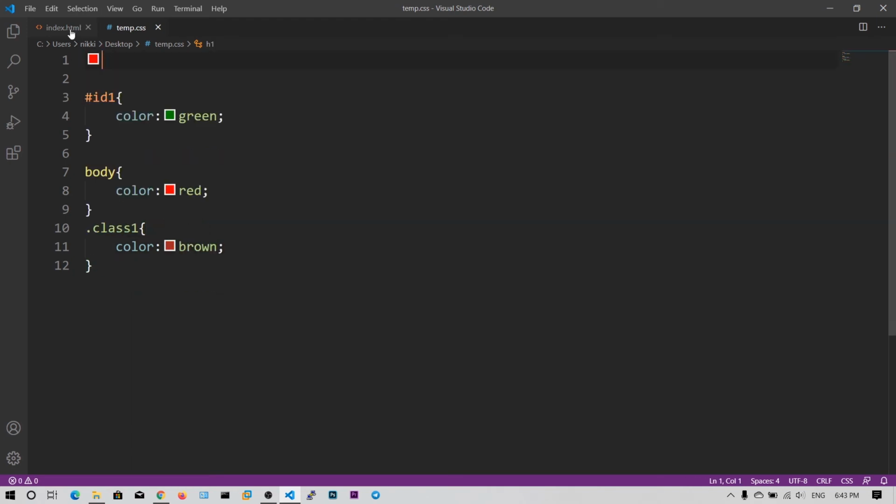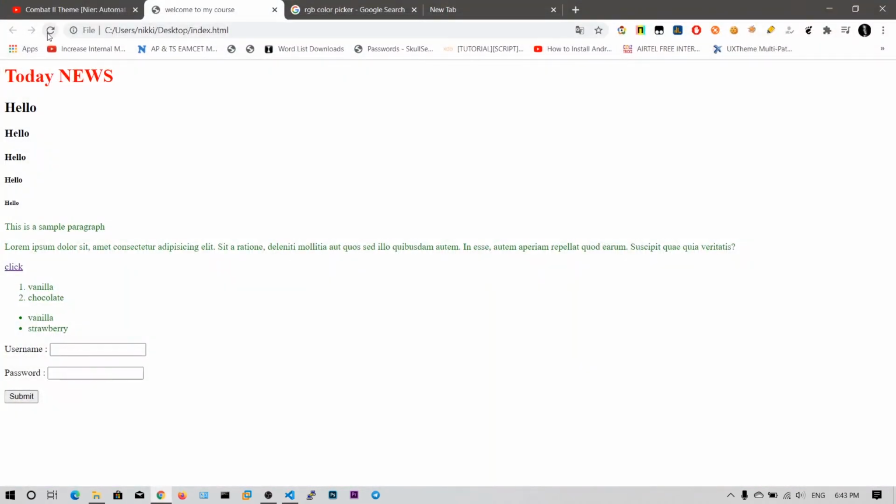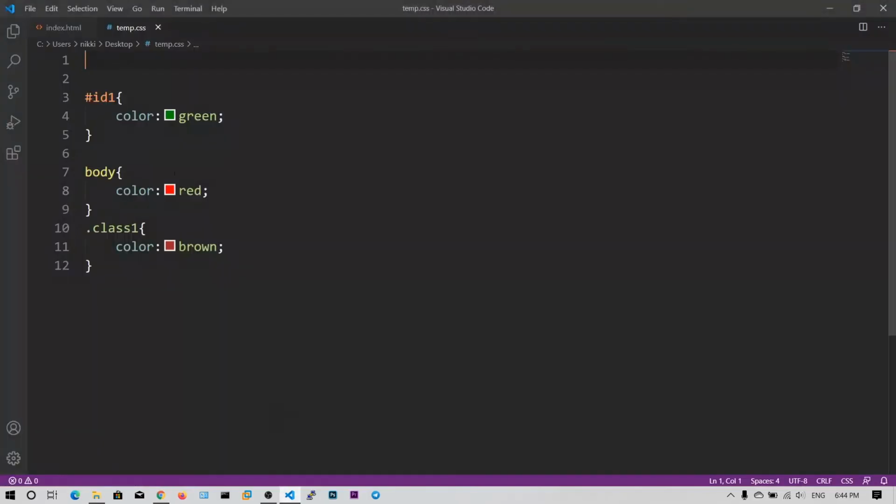Let me delete this. If I refresh this, you can see all the text has turned red, except this div block, because we are separately mentioning that the div block element should get the green color. So that's why, except the div block elements, everything turned red.